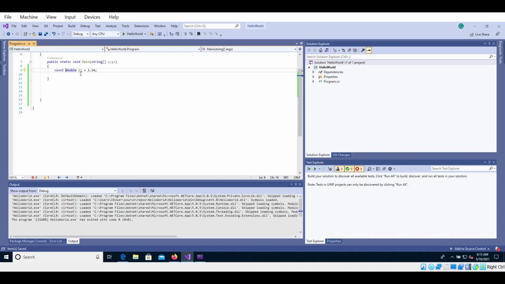Now it's good to write constant variable names with all capitals, just to make others aware that this is a constant. Now there is another concept called enum. Type in enum, double tap, and